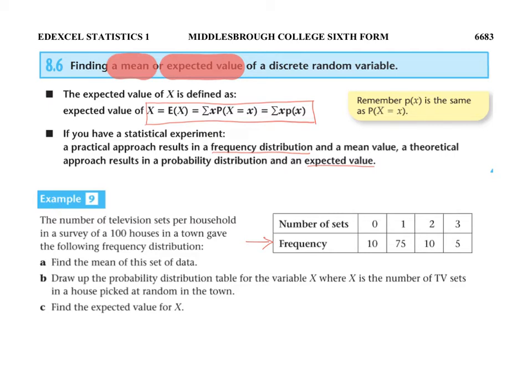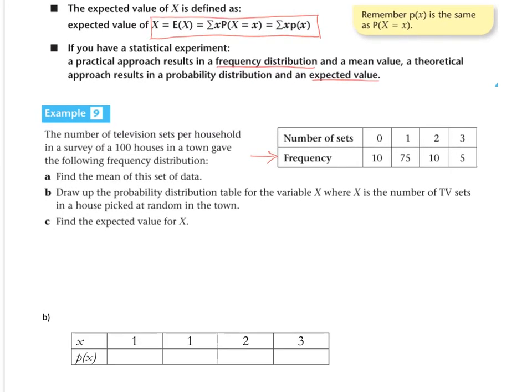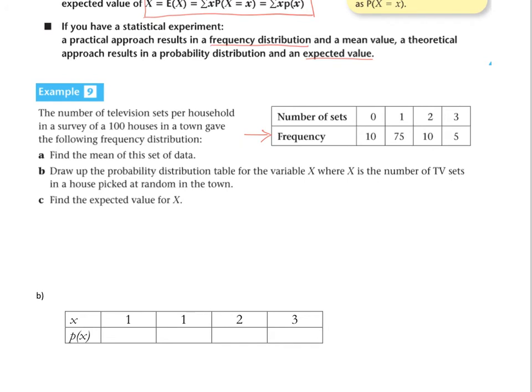Some people have got none there. So it gave this frequency distribution. We want to find out the mean of this data. Now thinking back to what we did before, let's do part A. The mean